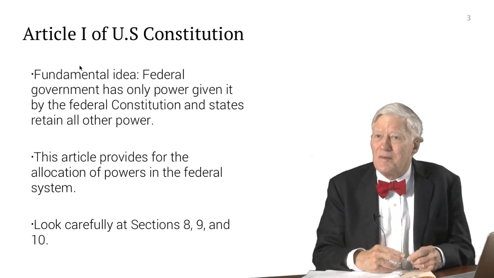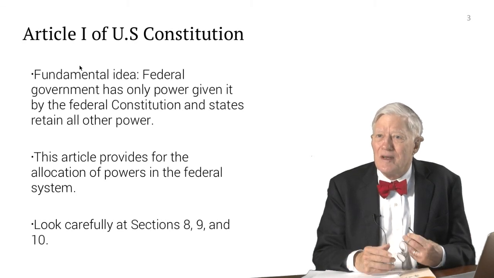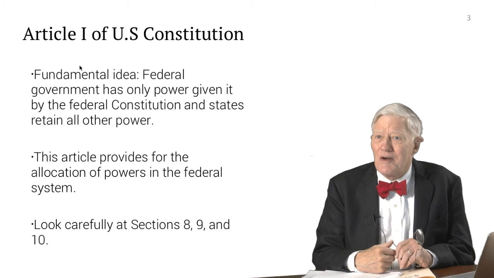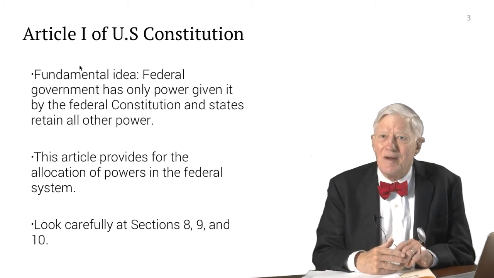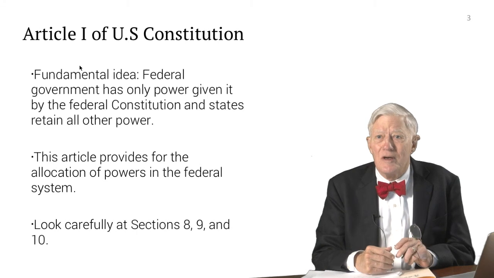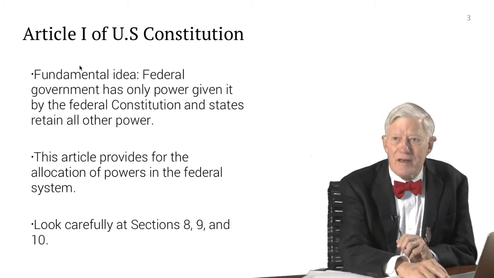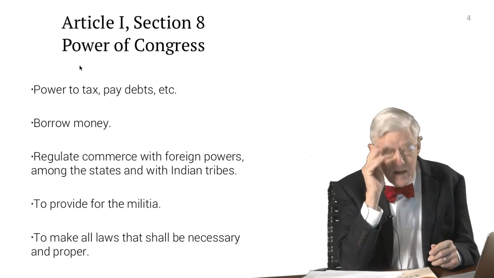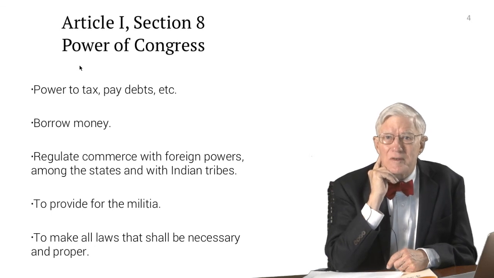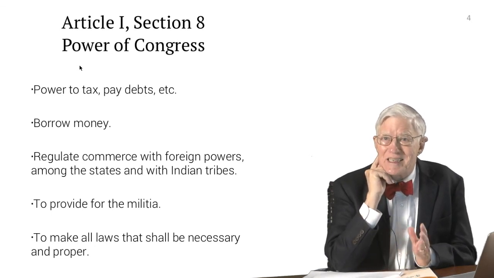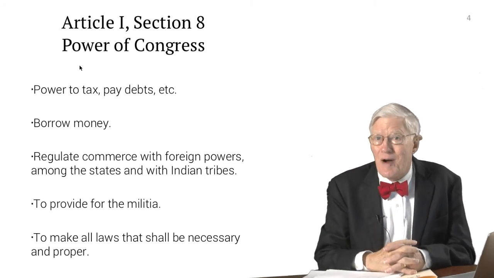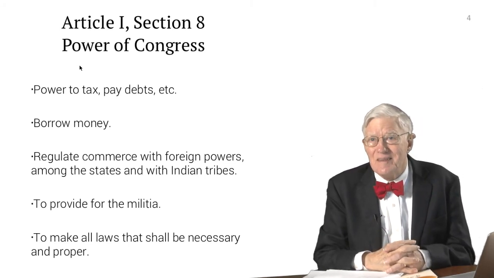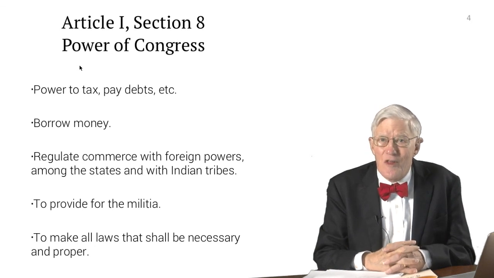Constitution. And I'm really quite sure that you've been made familiar with the large questions that are settled by Article 1. And I particularly want you to look at Article 1, Section 8, where the powers of the federal government are laid out and where it has the power to tax, to pay debts and so forth, the various fiscal powers, the power to borrow money. Here we find the Commerce Clause, the authority to regulate commerce with foreign powers, among the states, and with Indian